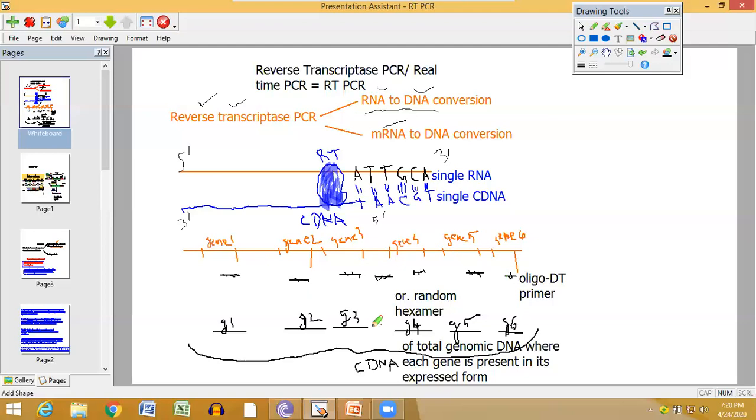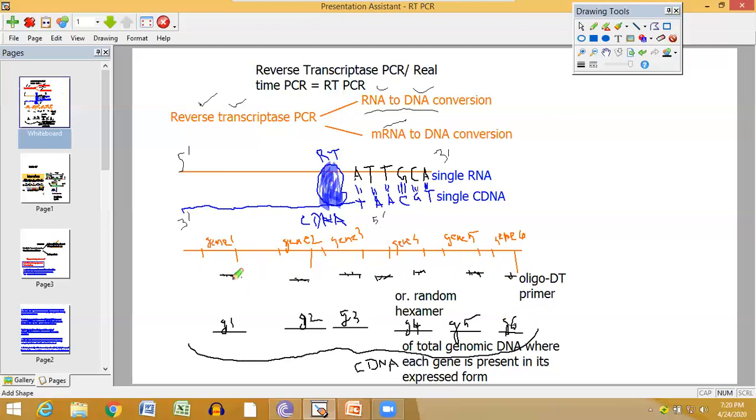Okay, they are segregated in the solution. As per the sequence homology with the target gene, they attach to a particular gene in the solution as primer. So always remember that when you are doing total cellular cDNA synthesis from the total cellular mRNA, it is difficult to add a single primer. So we always add random hexamer or oligo dT primer. That means there are random pairings of oligonucleotides so that they bind to the gene of their particular match, and then reverse transcriptase is there.